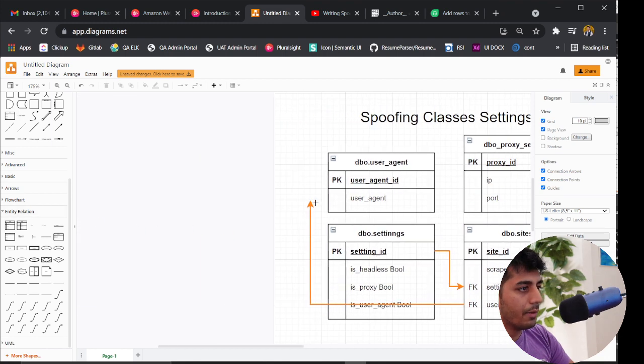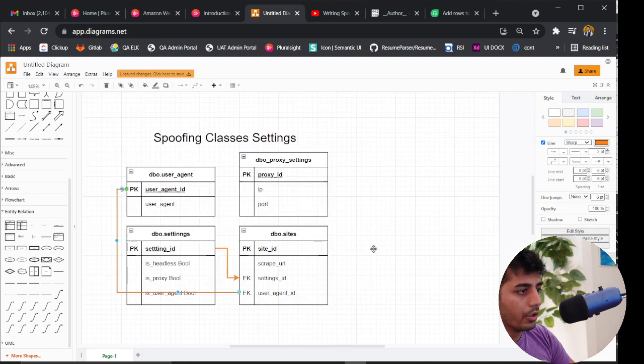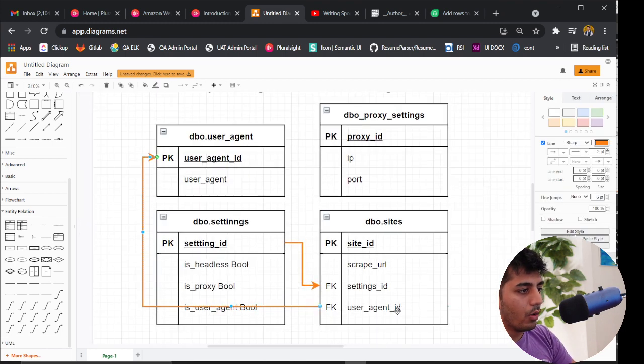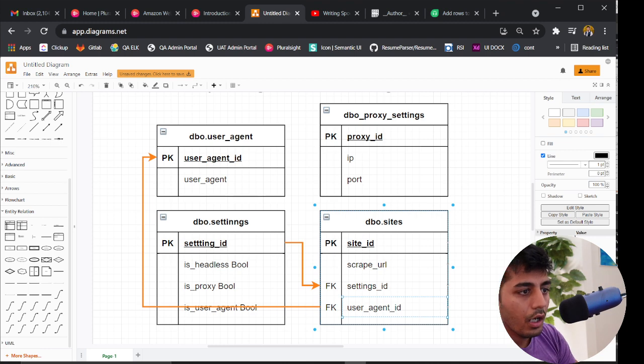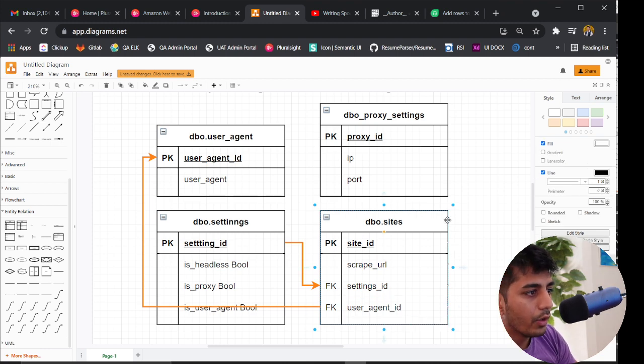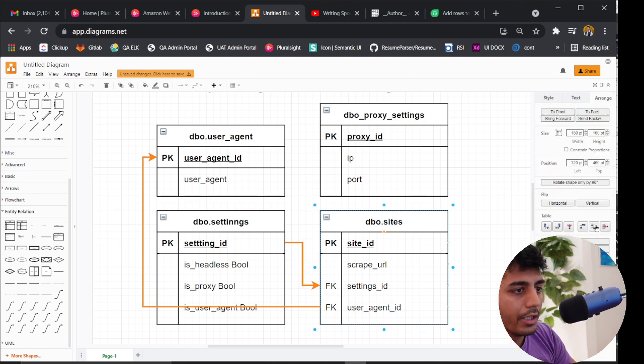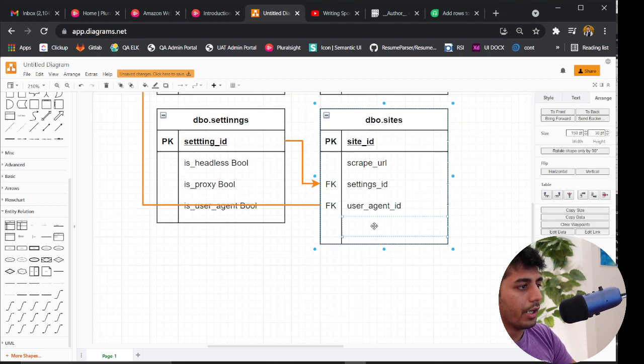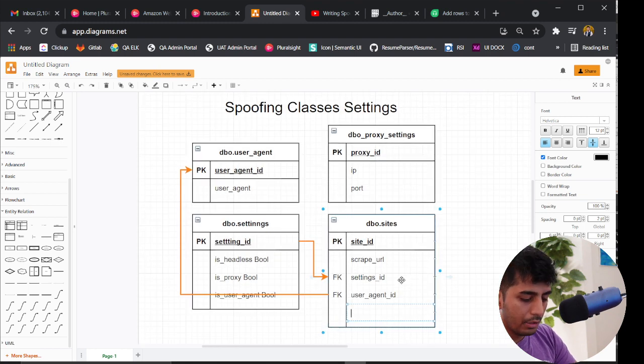Let's join this bad boy over to this guy. Okay, so that's that. Now what's there, right? So let me see, I need to enter a new row, and I always have a hard time finding the right option here. Oh yeah, there you go. So okay, we have the user agent ID, and then we need the proxy ID.